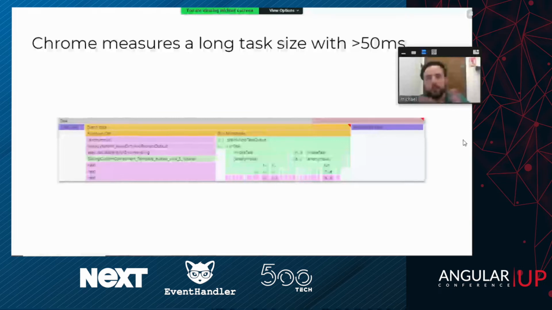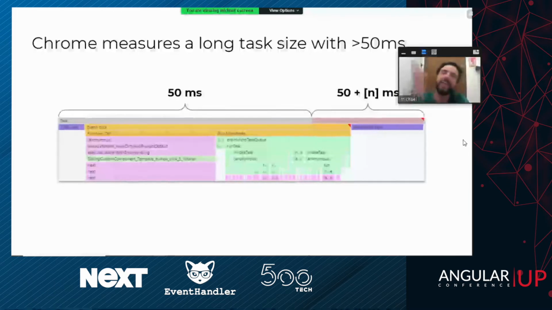I don't want to go too much into detail on the 50 milliseconds. I have a different talk that focuses more on render performance and, in detail, browser APIs. But just so you know, this is the time that Chrome and also the Long Task API determine as too long. And within that time, you cannot really interact. So 50 milliseconds is good, and everything else in addition to the 50 milliseconds is very bad,